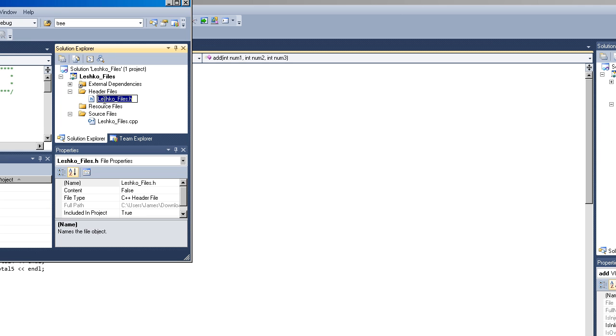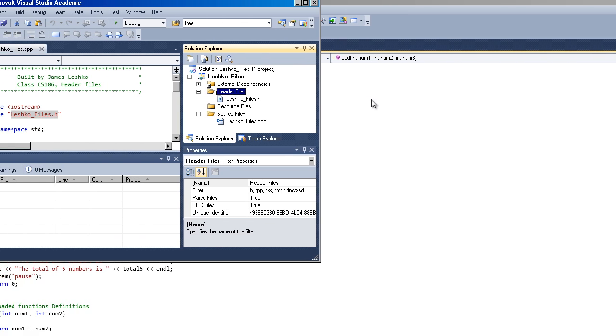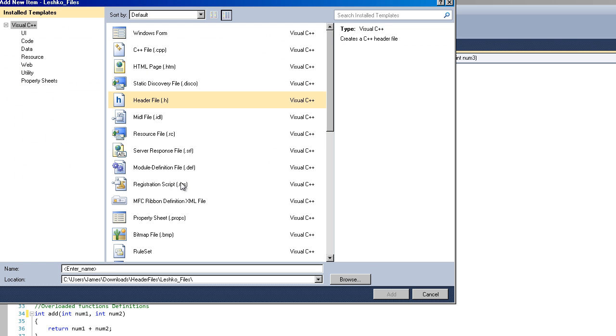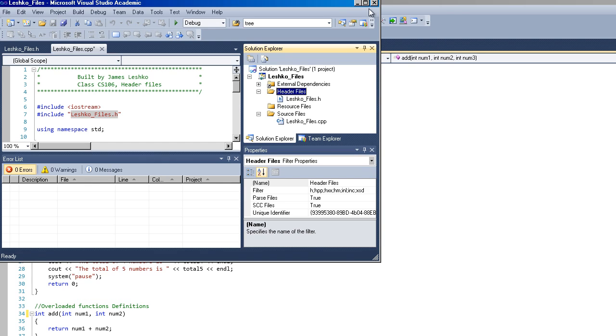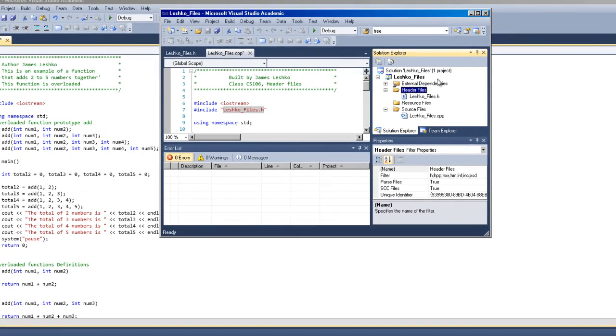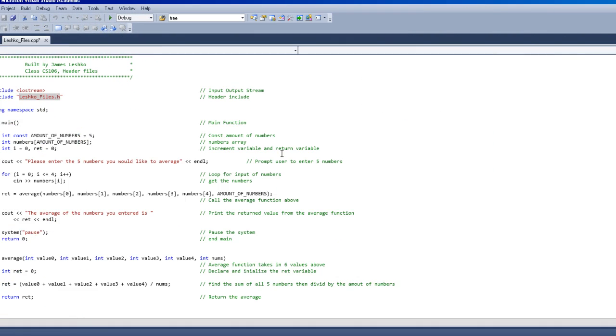So you can see over here in header files, you add new item, header file. Okay. And you name it, try and name it something that has something to do with what you're actually doing. You know, always try and keep it realistic, understandable. Okay,